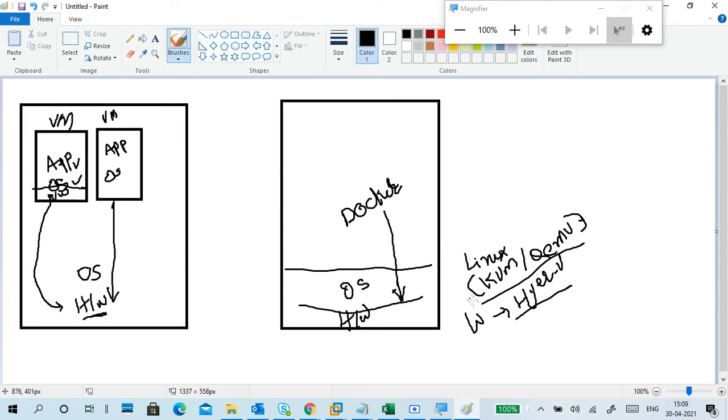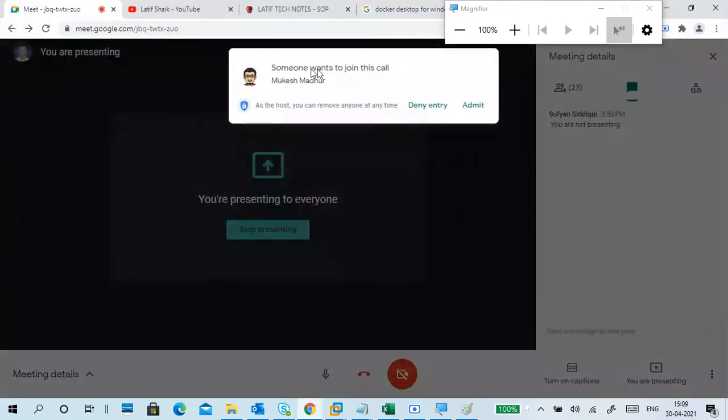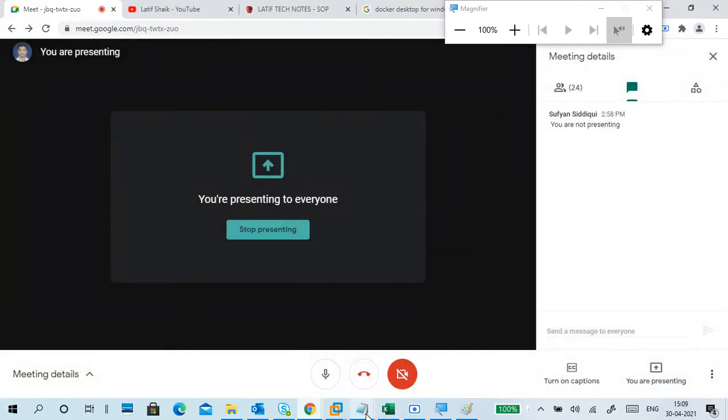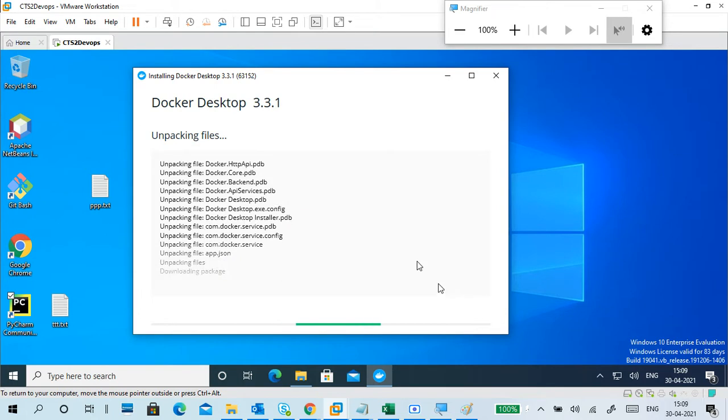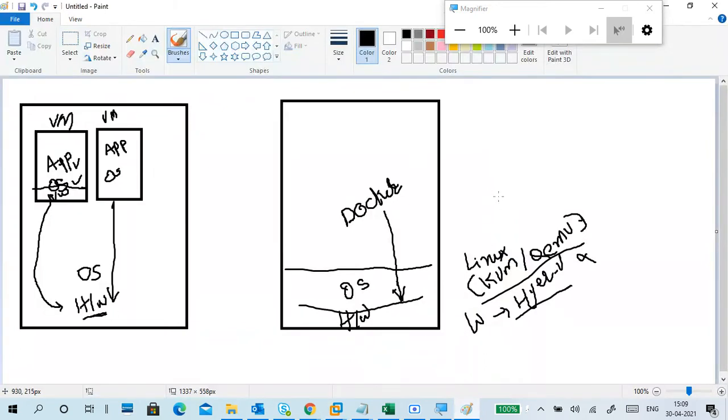For example, you may not have Hyper-V. For example, Windows 10 Home doesn't have Hyper-V. One second, guys. It is adding a shortcut and installing a required component for this. So we'll explain meanwhile, and it will complete. If you don't check that one, also no problem.